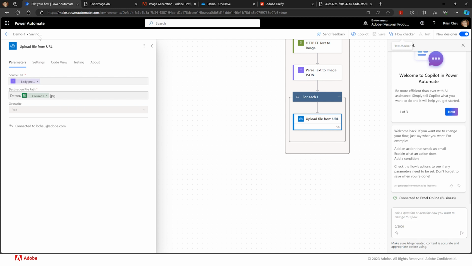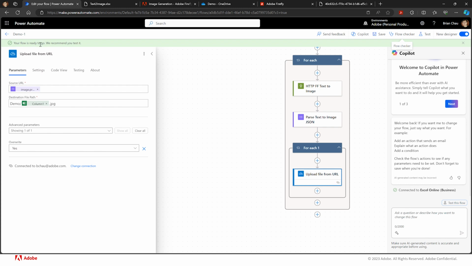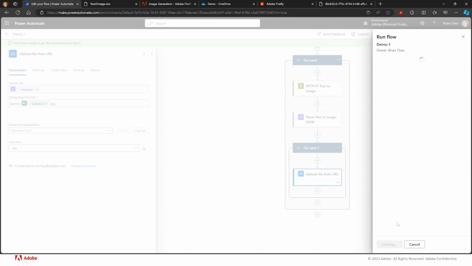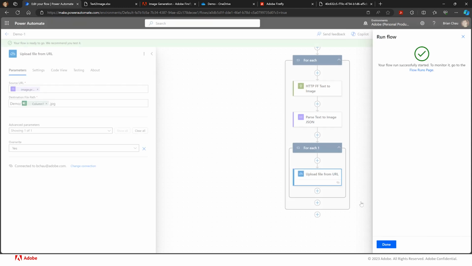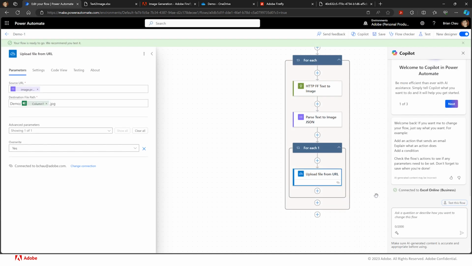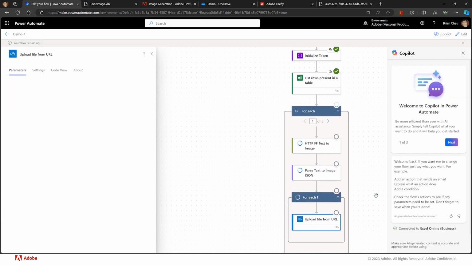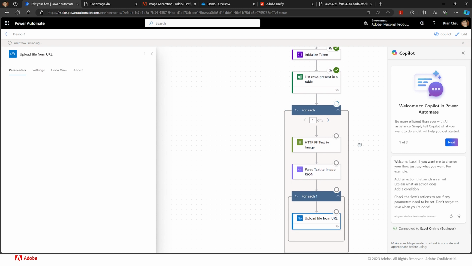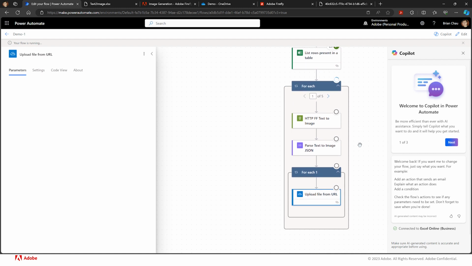So again, let it save, and when it's ready, we can now test the flow, right? So click test, we're going to trigger it like before, and click run. Done. So just like previously, I think the first few steps are super quick, right? Getting the token, reading a table is easy. Now it's going to